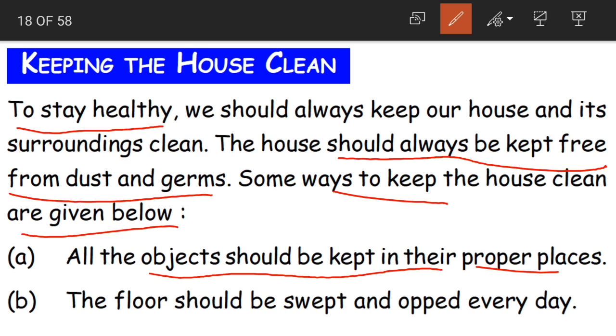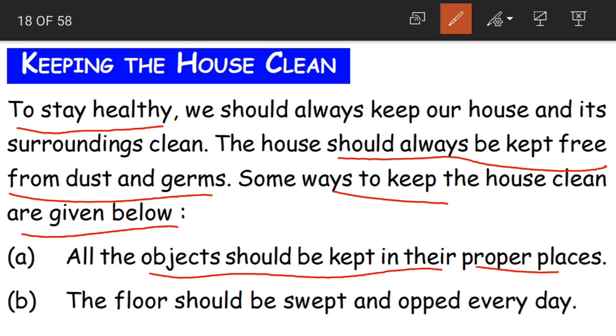You cannot just take the comb from your hair and throw it on the sofa or in the living area. You'll also have leftover hair, so you have to remove it properly, throw it in the dustbin, then place the comb in a box where it must be, on the dressing table or near the mirror. This is an example I am telling you.